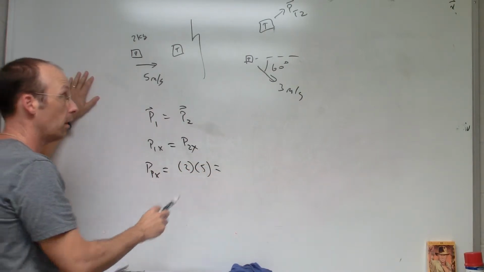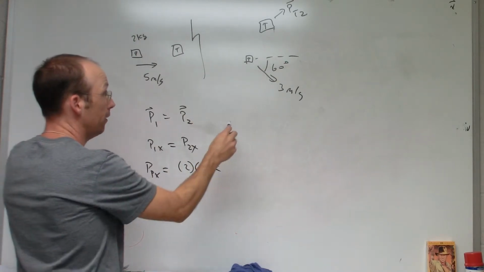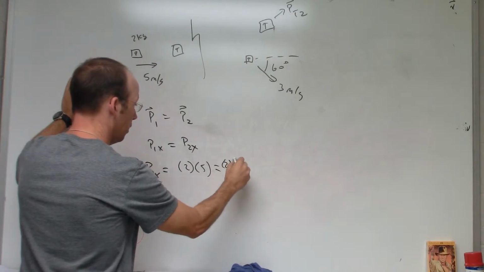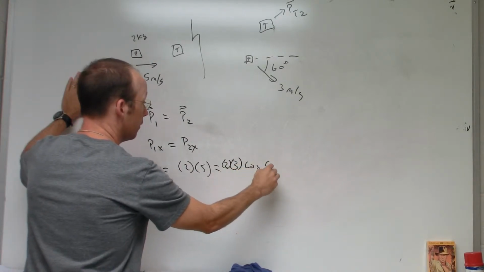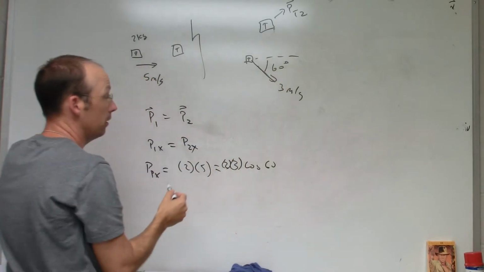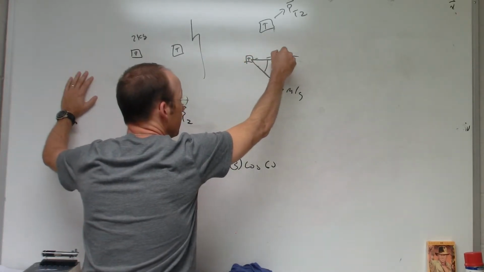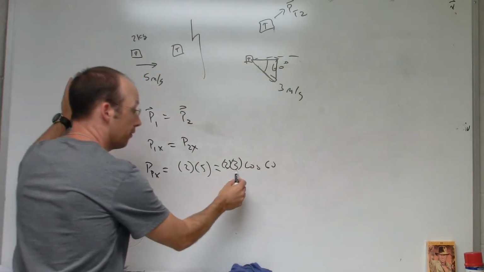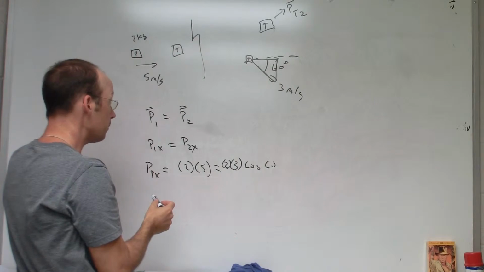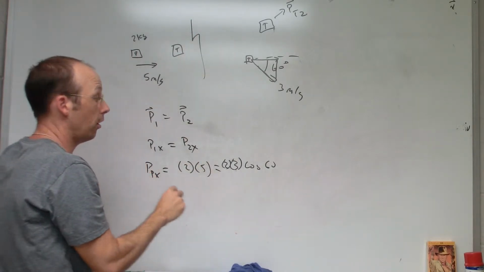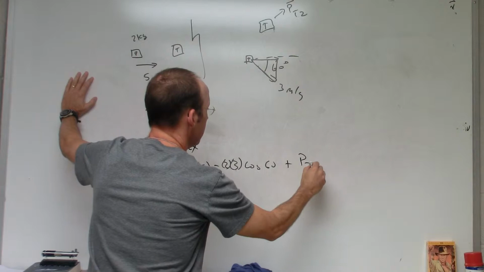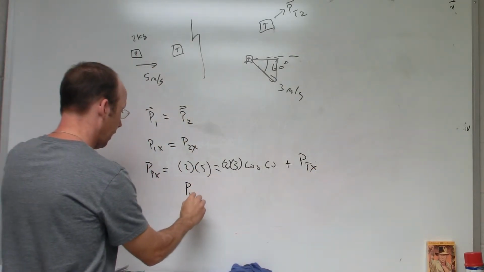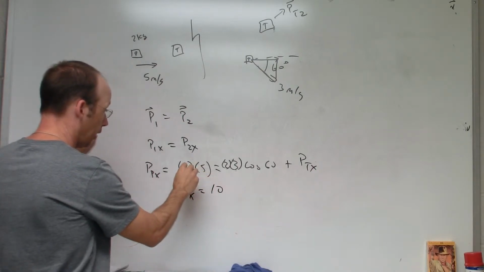And then afterwards, we know the x momentum of this one. It's going to be 2 times 3 times the cosine of 60, because this is the velocity, but we only want the x velocity, which is that right there. So here we have a right triangle, and the x component of velocity is 3 cosine 60. Now we have the x component of the target, and I don't know what that is, so let's put PTX. But look right there, I can solve for PTX. So PTX is going to be 10 kilogram meters per second